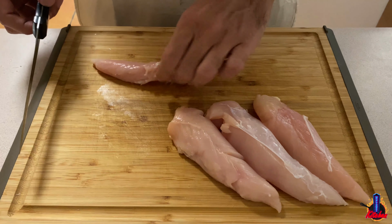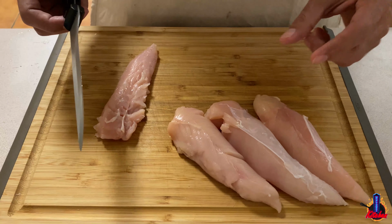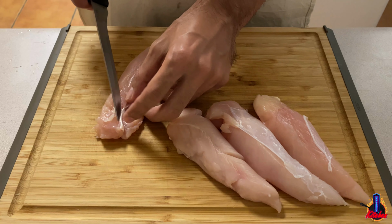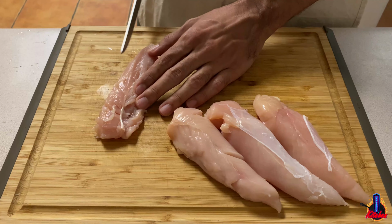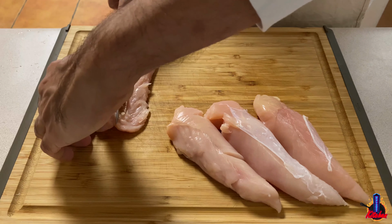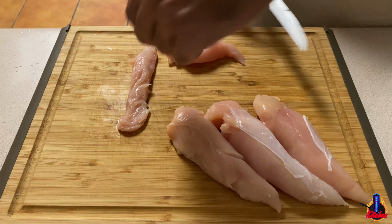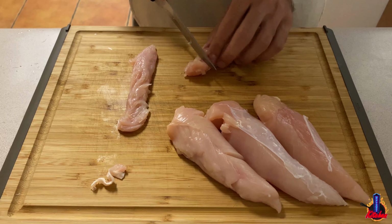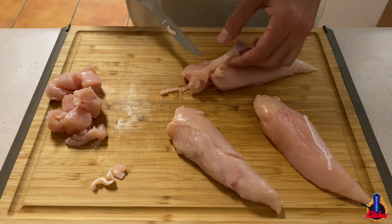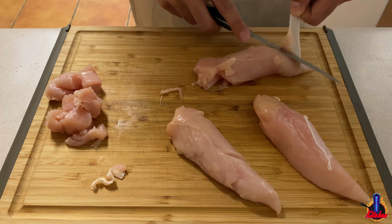All right, so first we just wanna start with our chicken. I have chicken fillets right here. We're just gonna try to cut them in roughly the same size chunks so they all cook at the same time. And fillets have this little vein right here, so I try to cut it with this vein so I can easily remove that afterwards. So I'm just gonna cut this in half right here. It's sometimes hard to get out. And then you just want to decide how big you want them and keep them roughly the same size. Some of them will have this skin on here as well, and we just want to put our knife with it and just go with it and take it